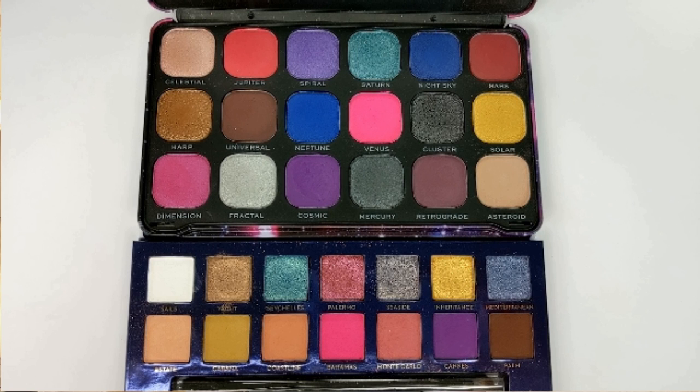You have that hot pink in there that jumped out at me. You also have that really bright turquoise blue shimmer that's the same. You have the deep matte brown as well, the shimmery yellow shade, you have the shimmery bronze. So there's really a lot of similarities between the two, but they're not exact dupes,